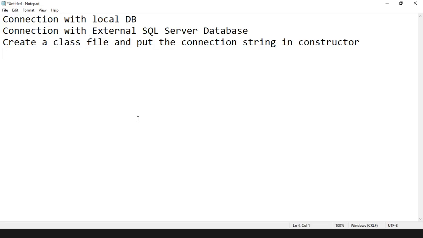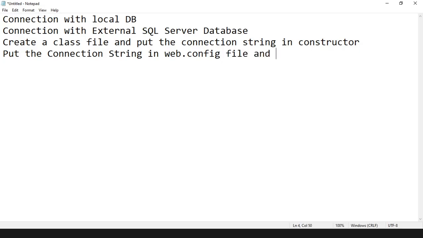And the fourth one, put the connection string in web.config file. Means, and use it.